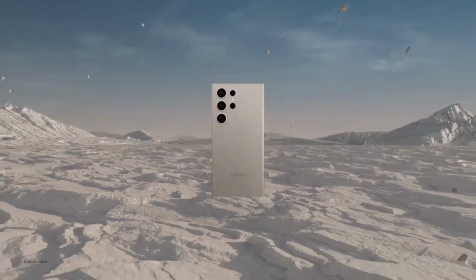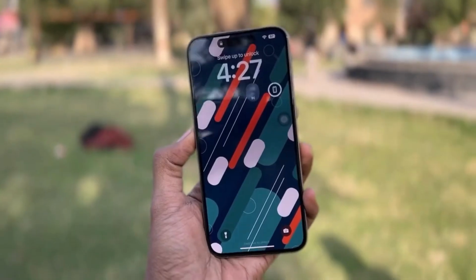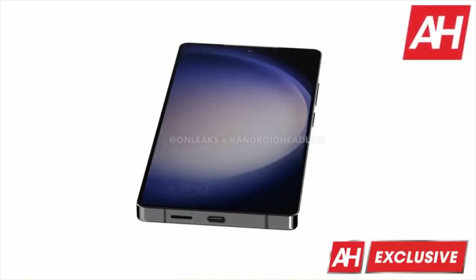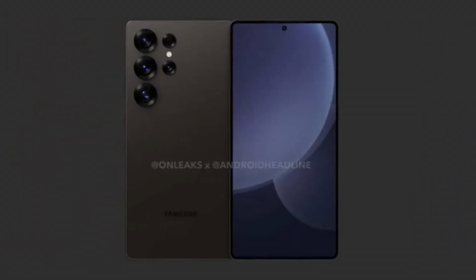Today, we're diving into a much-anticipated showdown, the Samsung Galaxy S25 Ultra versus the iPhone 16 Pro Max. Specifically, we'll talk about how the Galaxy S25 Ultra's performance surpasses Apple's latest flagship. This is going to be exciting, so make sure you stay until the end to find out who wins this